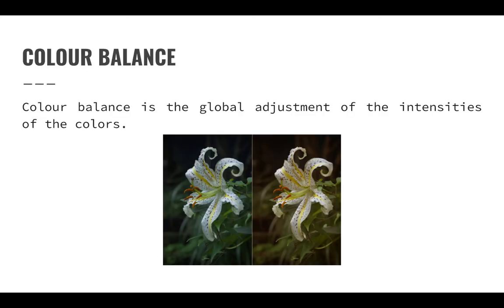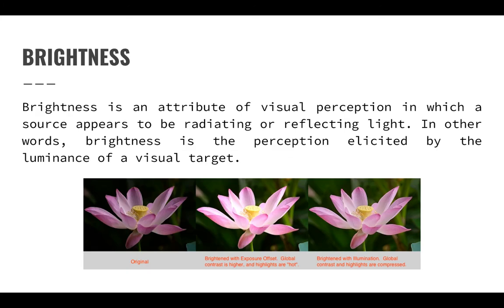All right, cool. So we got color balance, the adjustment of the intensities of colors. When you have a video file and the background of whatever you're shooting, you want to balance the colors out, because if you have too much yellow, too much blue, too much red, it's just going to overpower the image. So color balance is changing that so the colors are balanced.